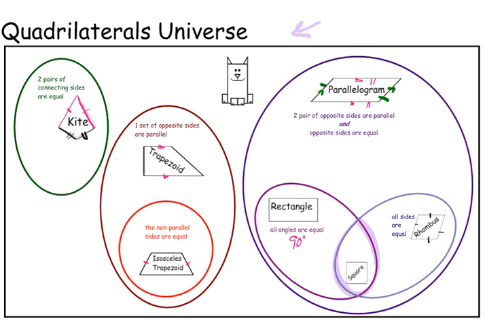So, with that said, this is the quadrilateral universe. Make sure that you understand it because we're going to be starting to prove some of these based on length of sides, distance formula, and slope